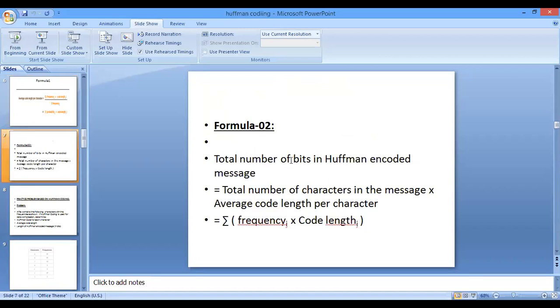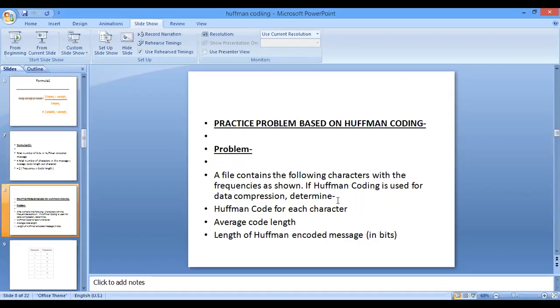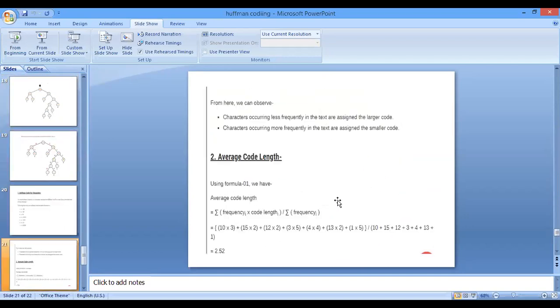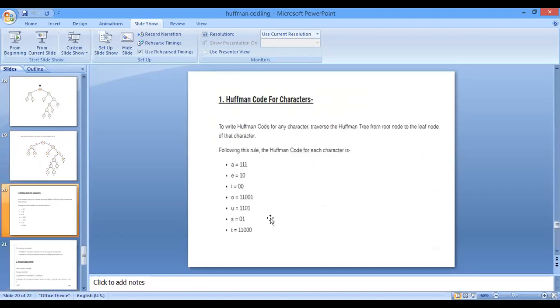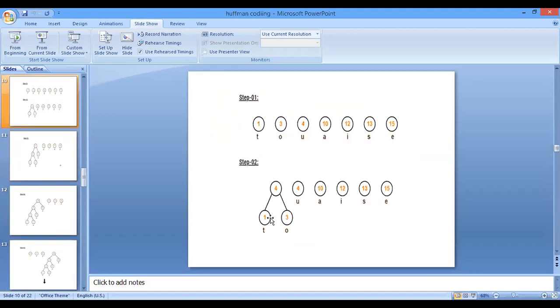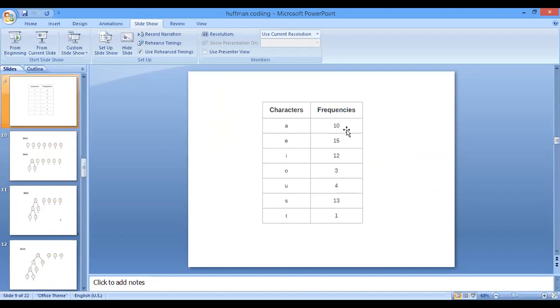How will we count it? Like this: the frequency of each and every character into the code length. So here the frequency of A is 10, so 10 into the number of bits required to represent A.